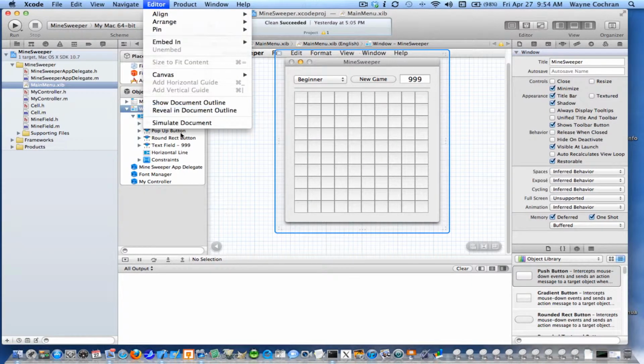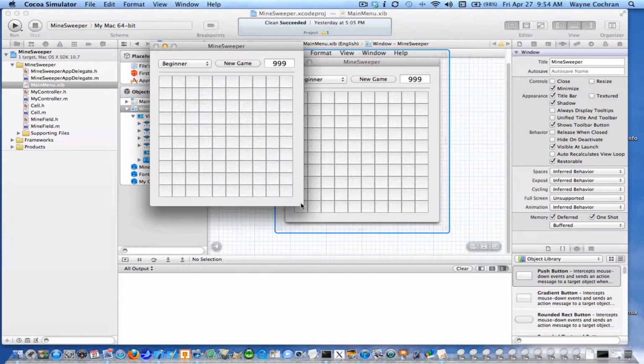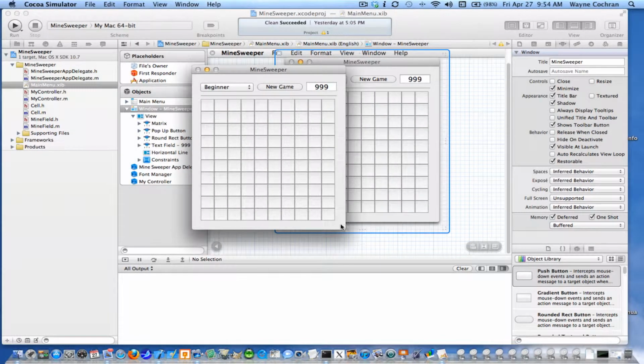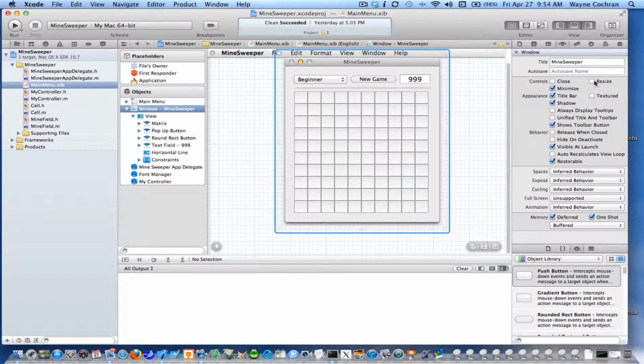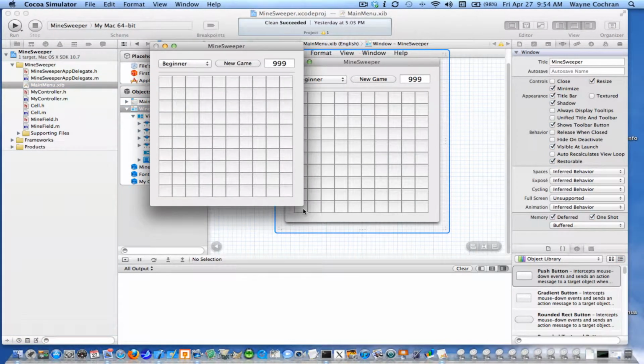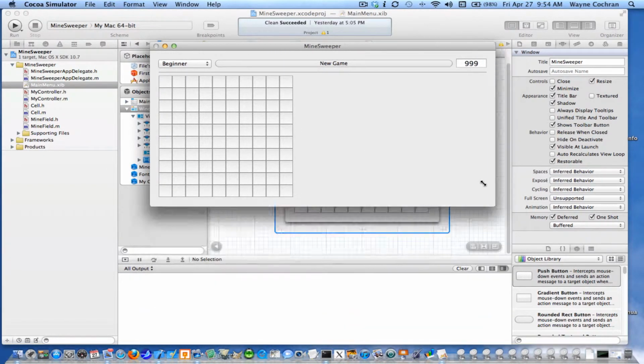And if you simulate the document, you're going to allow it to resize. Oops, it should allow it to resize. Why am I not resizing? I meant to make sure it's clicked. So make sure it's clicked. Go to simulate document, and you'll notice now when I resize, it's not quite the behavior that I'm looking for